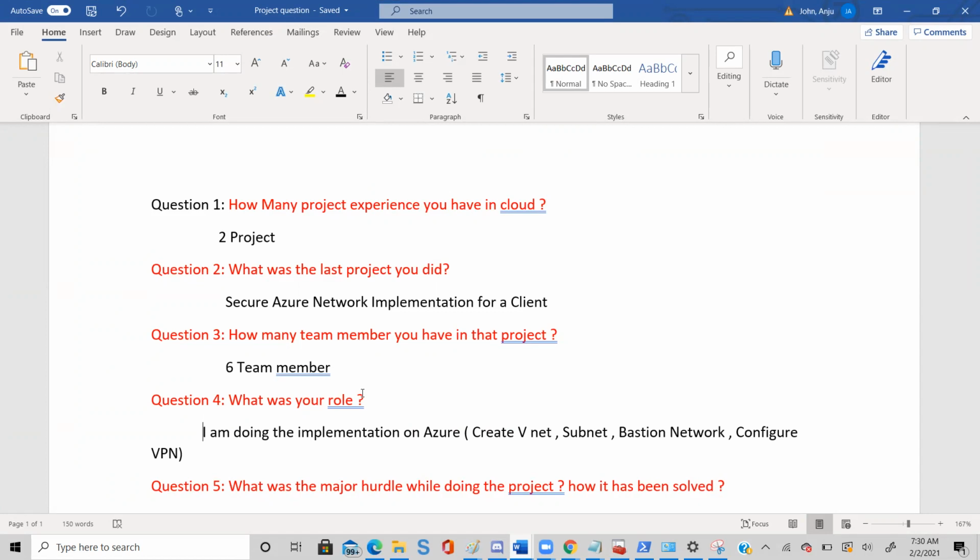Generally it's a partner who does that. Any partner. For example, if you engage me, I am your partner, and I am going to charge you because our team is experienced in doing the implementation. Our team is not experienced in maintaining it. For example, if someone creates a flyover, that is a totally different team. There is a contractor, they engage the labor and they create the flyover. Once the flyover is created, it is handed over to the local authority. It is just like that. So the implementation team, 99.9% of the time, is an outside team, outside of your company.